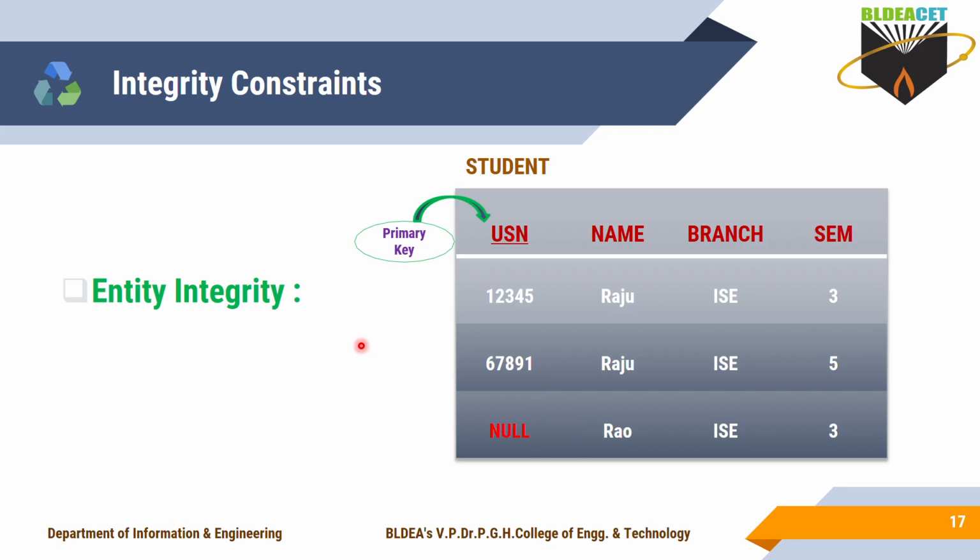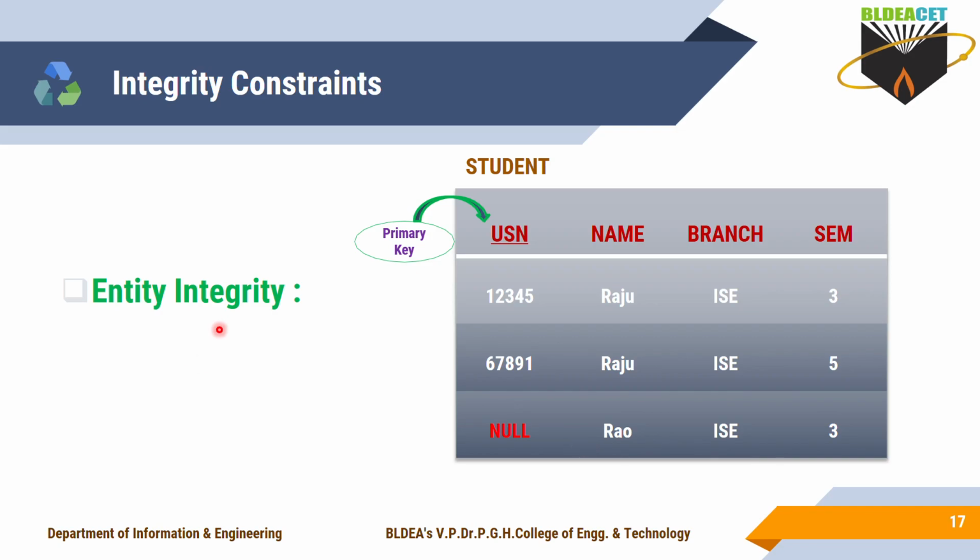For this one, I'll take a simple example. While searching for your result, the first thing you have to enter is your USN number. If you enter the USN number, then it identifies that yes, this is the student, and you can get the student-related information from the server here. If I don't enter any USN number, is it possible to see your result? No, because if I enter null, then identifying that student is highly impossible.